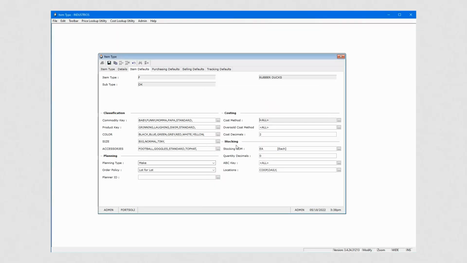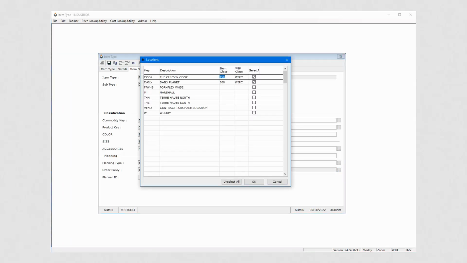Lastly, we have the stocking section, which contains important defaults related to how you will stock items of the currently selected item type. You must set the stocking unit of measure, quantity, number of decimals, and select the appropriate locations. The locations are very important from the perspective of optimizing your defaults. It will not only create a location record on your items that are created based on what you select here,